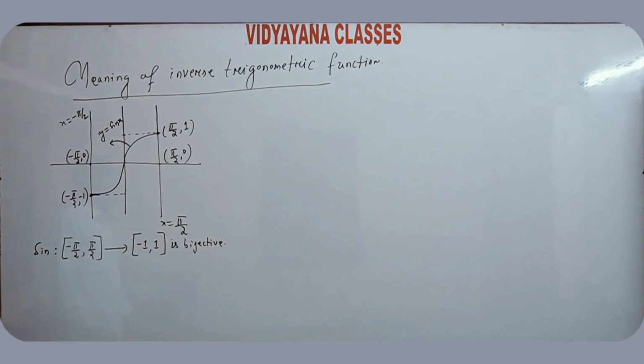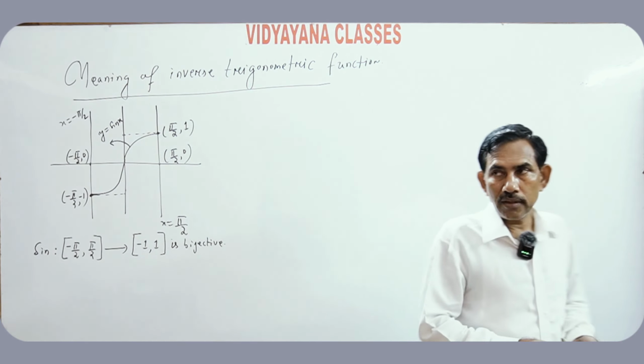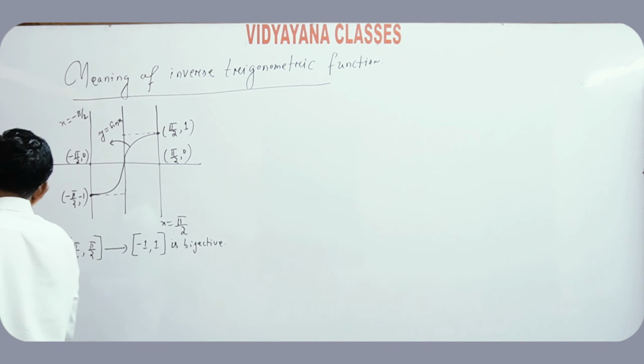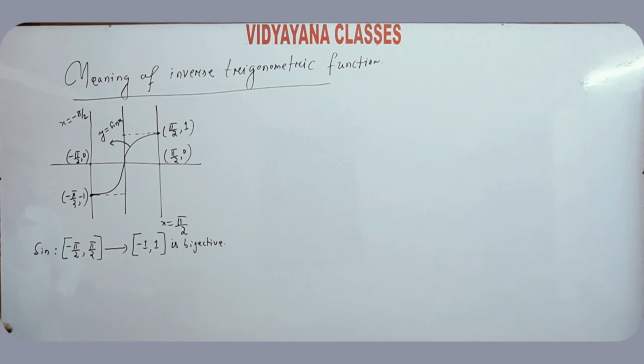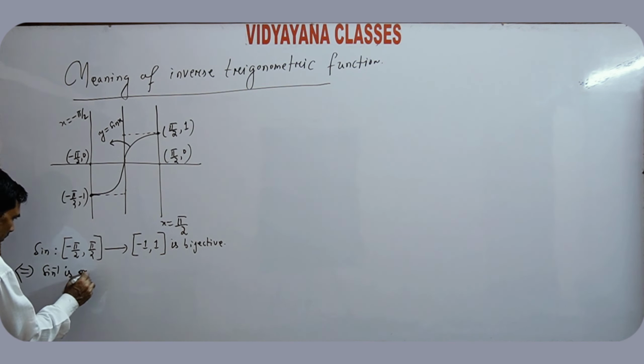As the function is 1-1 and onto, the function is bijective. Clear? Every bijective function has the inverse. This implies sin inverse exists